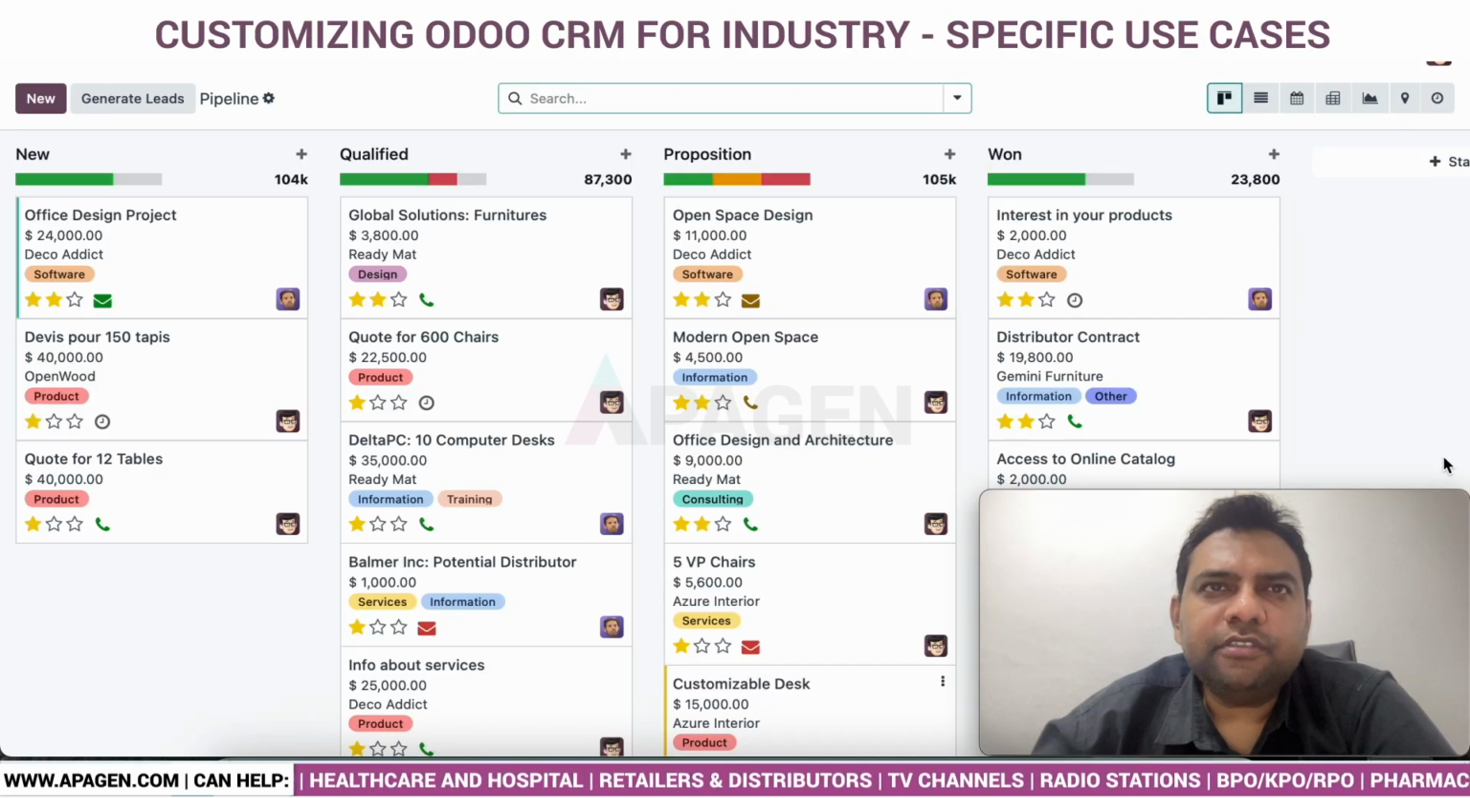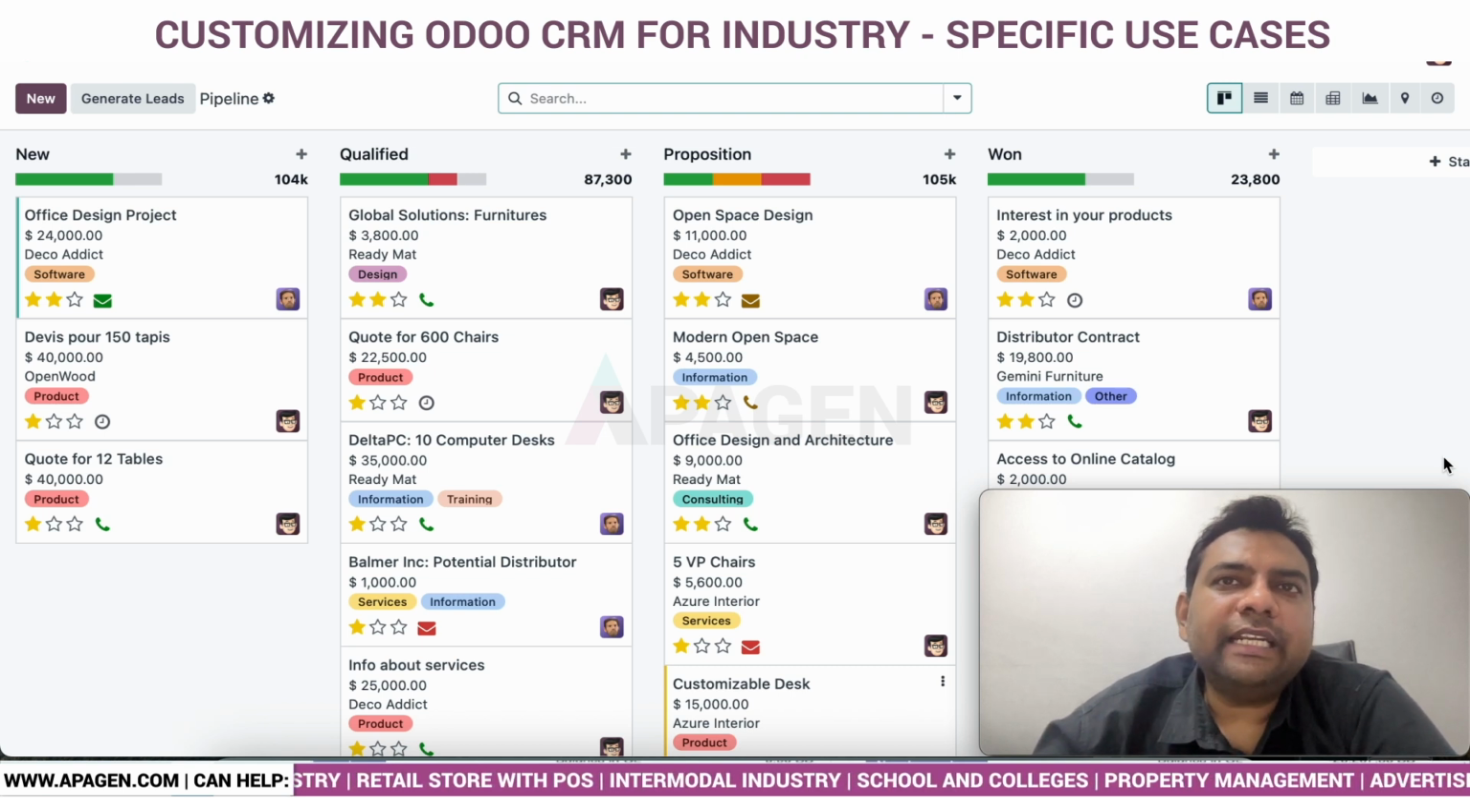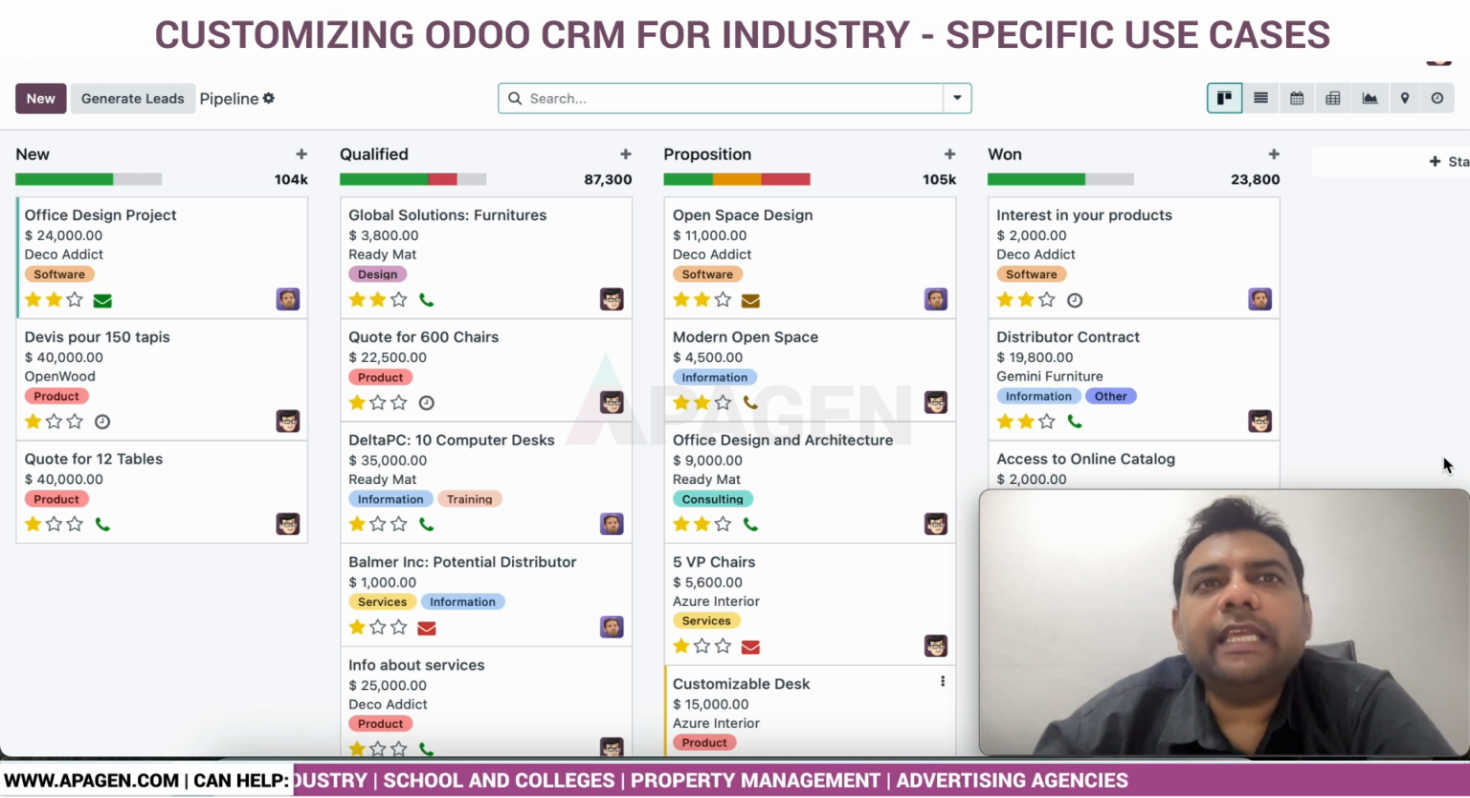CRM implementation isn't about every feature. It is about using the right features for your business. Generic CRMs, including Odoo CRM, often miss this mark. However, Odoo has additional flexibility and customization capabilities where you can tailor the system to reflect how your industry or